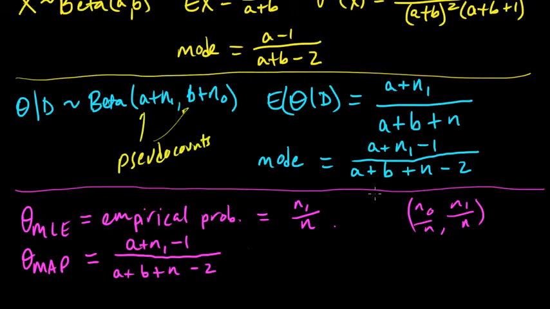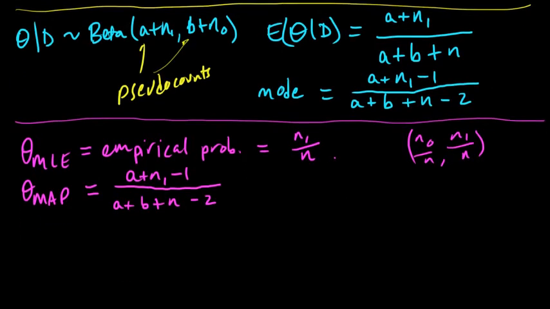And so I'd like to do a little calculation here. It turns out that both the posterior mean and the MAP are convex combinations of the MLE and the prior mean, or rather, this is a convex combination of the MLE and the prior mean, and this is a convex combination of the prior mode and the MLE. But let's just do it for the case of the mean. So this posterior mean,